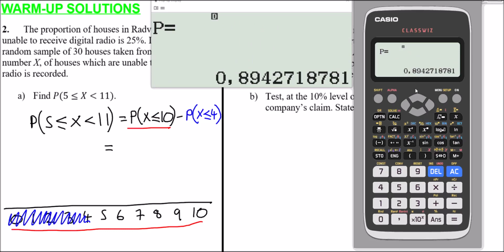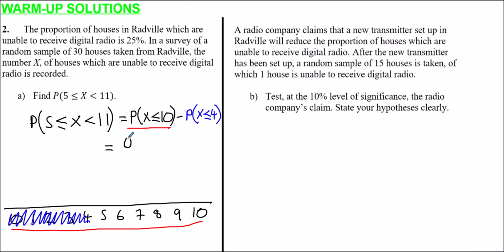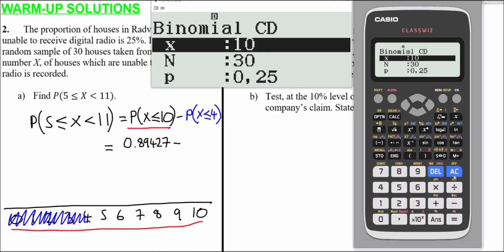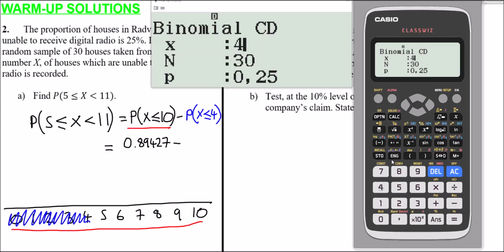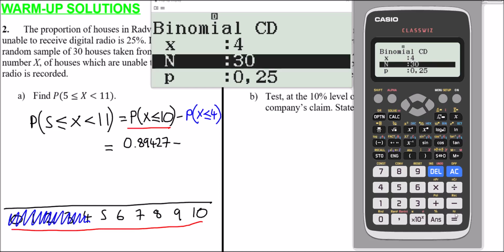Press equals, and we get here 0.89427 or so. We can obviously round this off later on. We're going to take away from that the probability of 4 or fewer. So for the next part, go back to the calculator, press AC, and type in 4 out of 30. So the chance of 4 or fewer having no signal, press equals, is